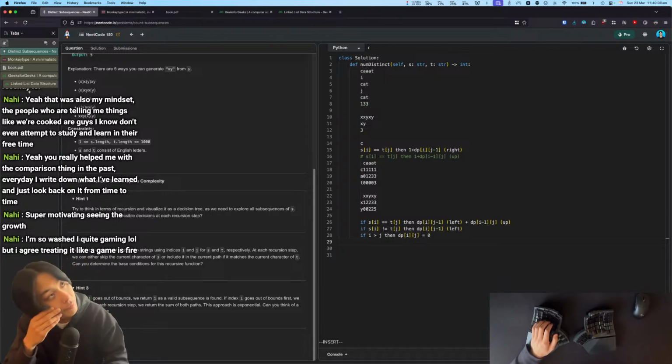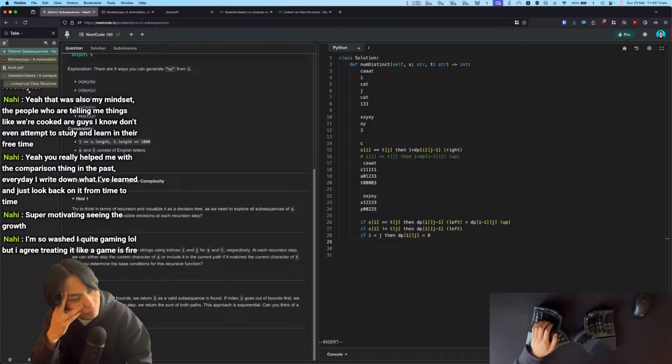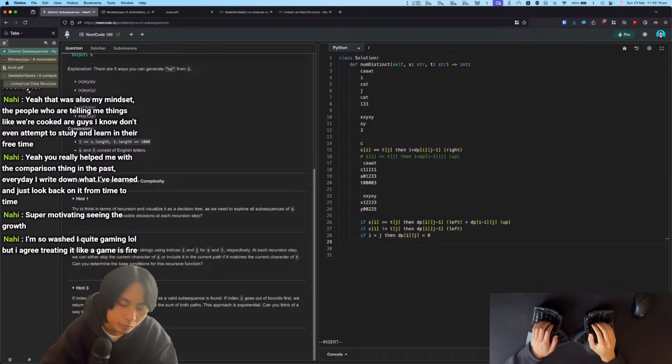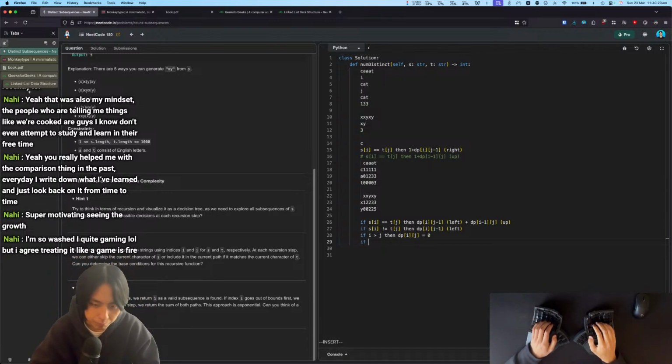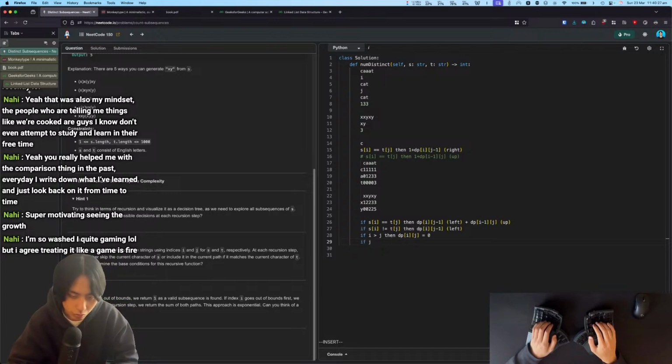Right? And if j is greater than i, or i is less than j, then